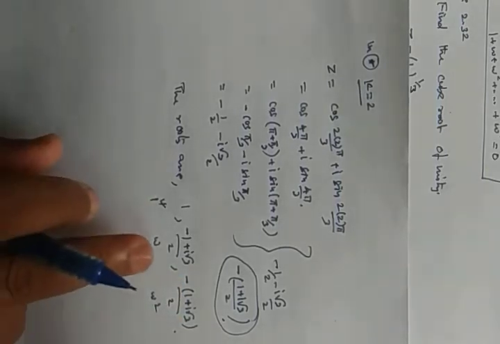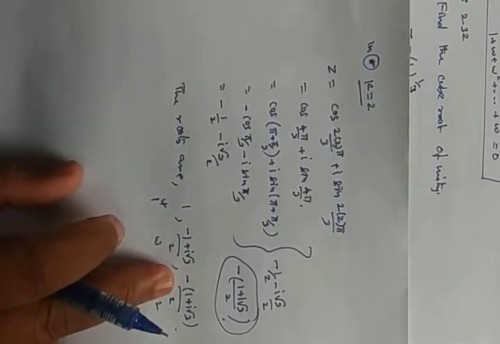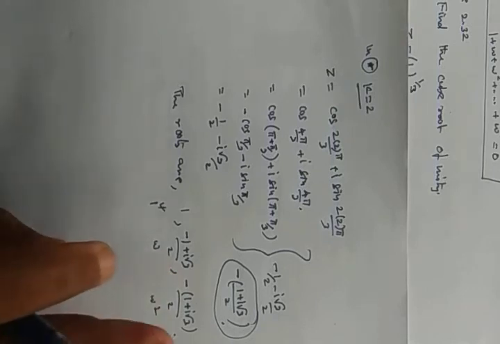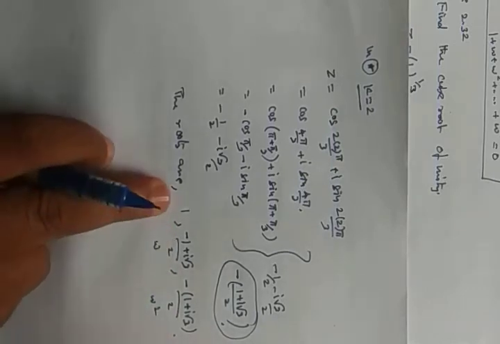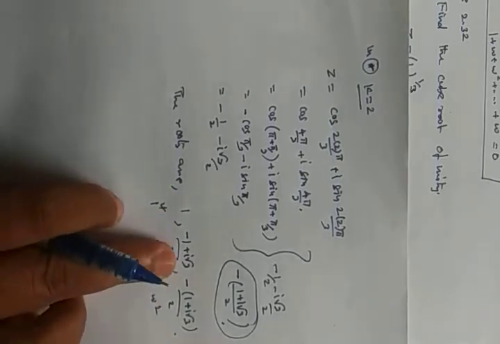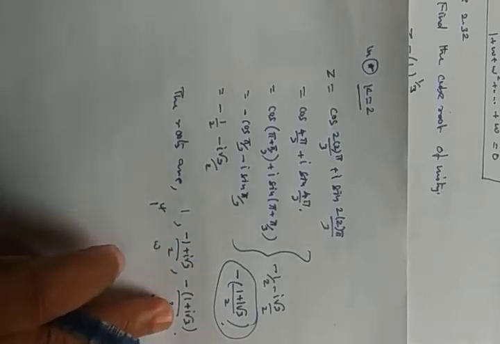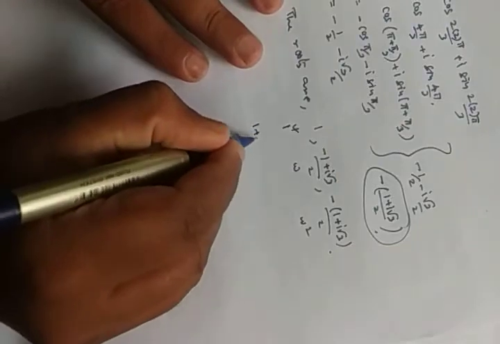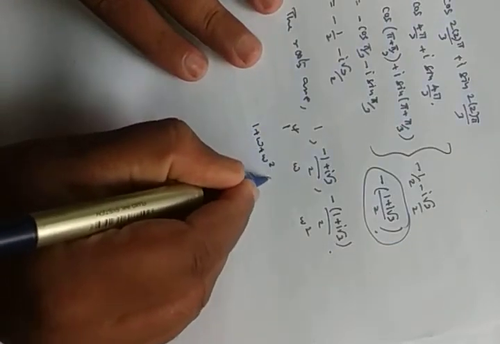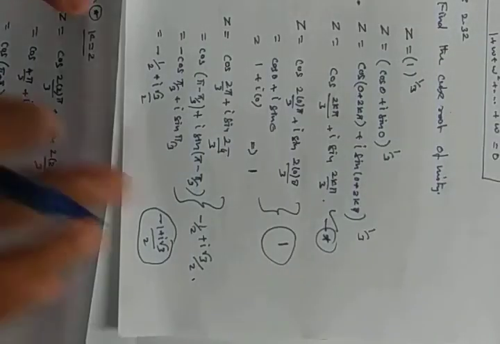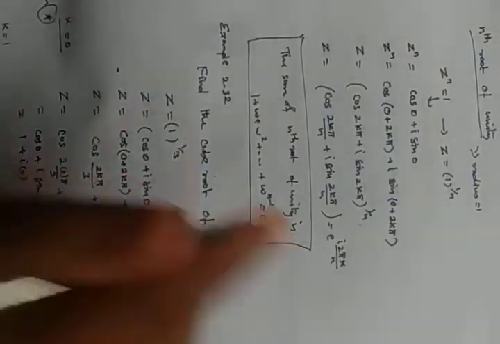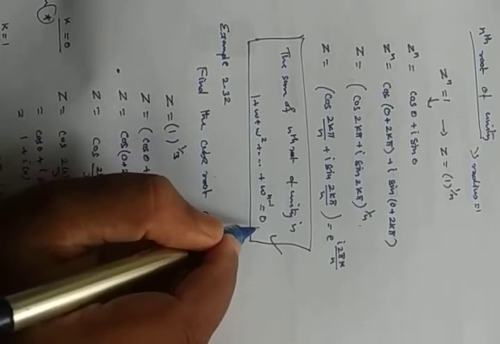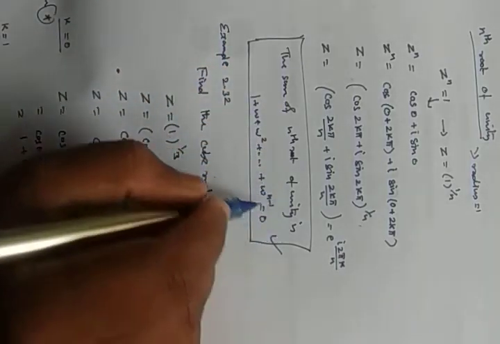How it's coming, you can see here minus and here it is plus. Minus into 1, minus 1. So minus 1 minus 1, minus 2 divided by 2, now minus 1 will come. Here plus 1, add, 0. But here i root 3 plus, here minus i root 3, they will get cancelled. You can check. So here 1 plus omega plus omega square value is 0. We have written here this result: sum of nth roots of unity is 0.